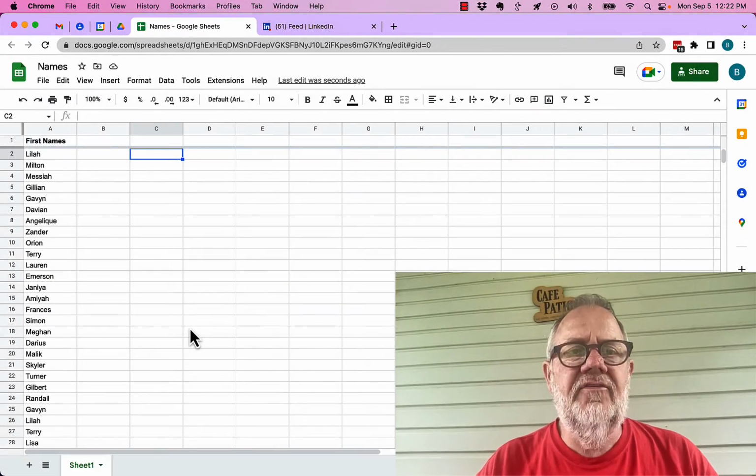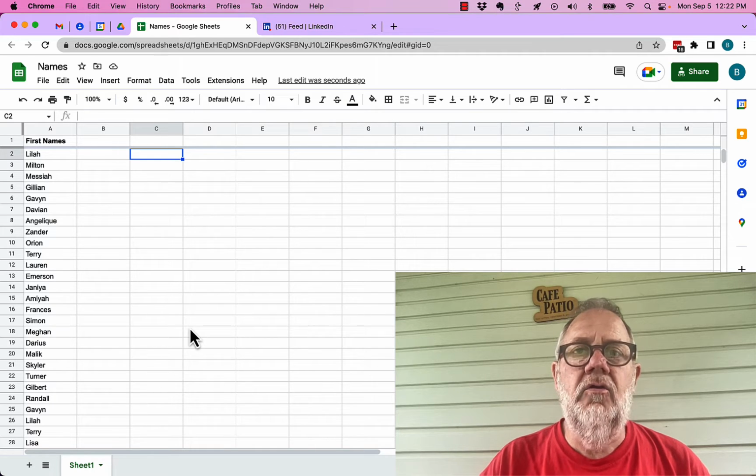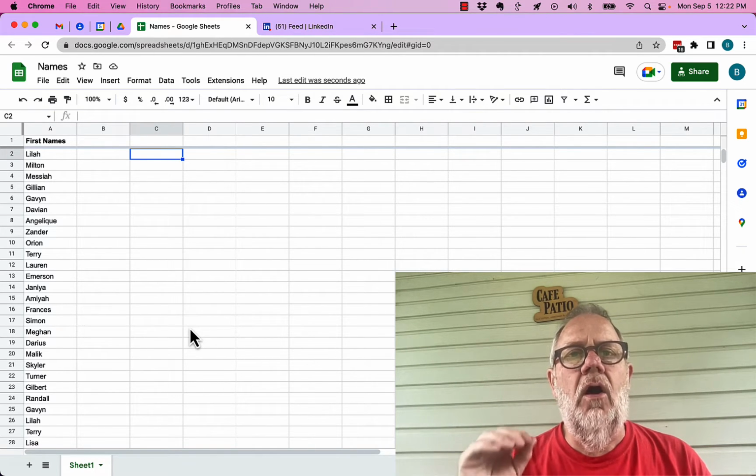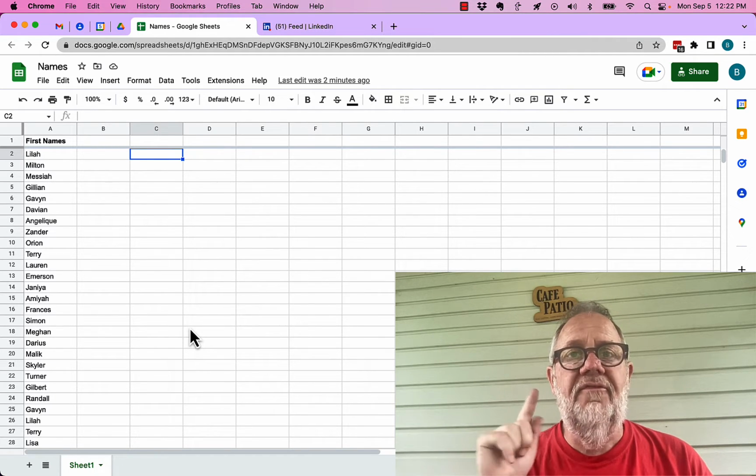The question I got asked a little while ago is, how do I look in a single column of data in a Google Sheet and see if there are duplicate entries? And I'm going to show you how to do this in a single column, but before I do,